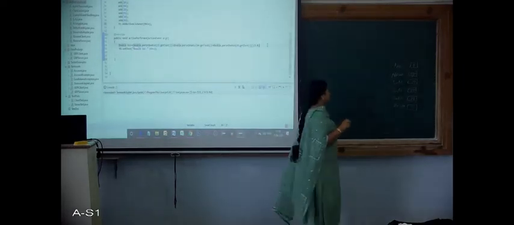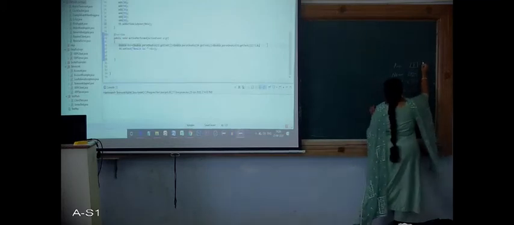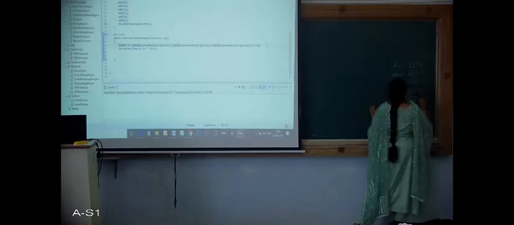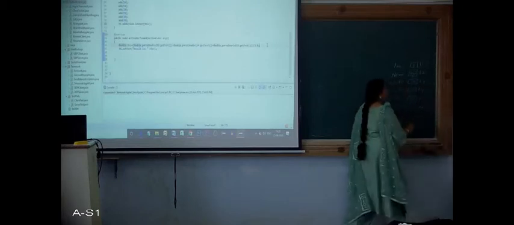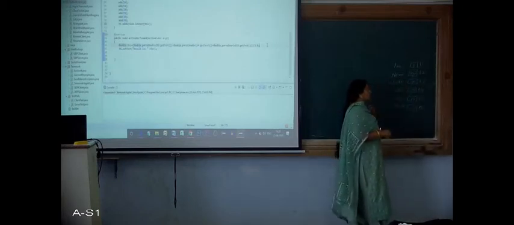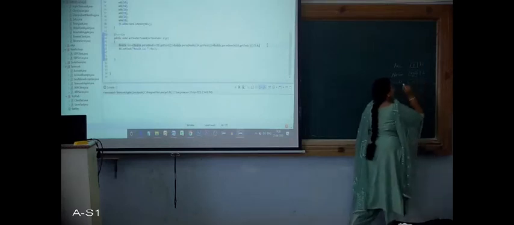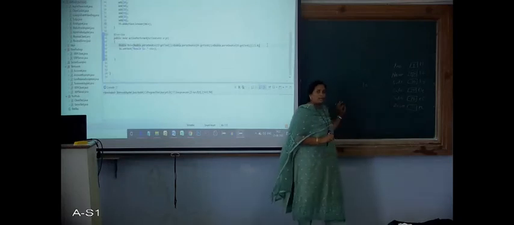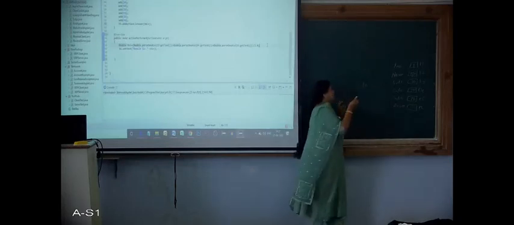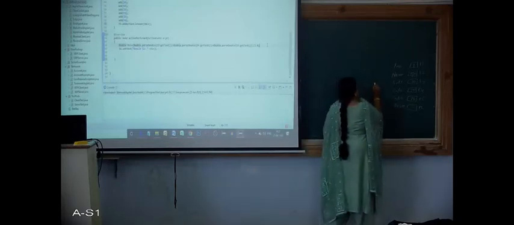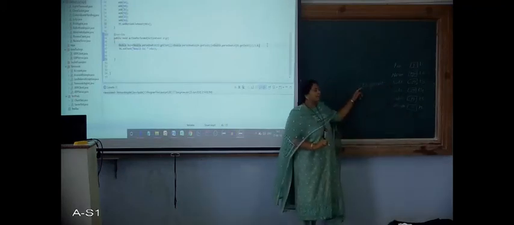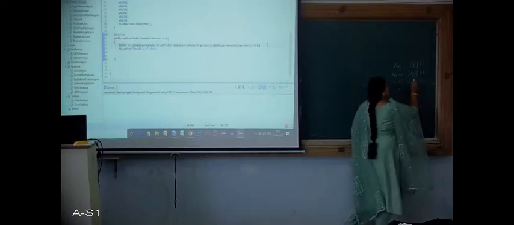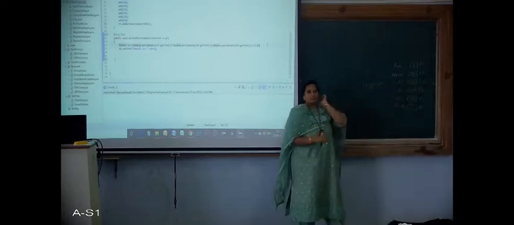For example, this is my text box 1, T1, T2, T3, T4, T5 and this is T6. Now we need to get the text from T3. So we need to write it as T3.getText. This will give me what the user has entered in that particular text field.